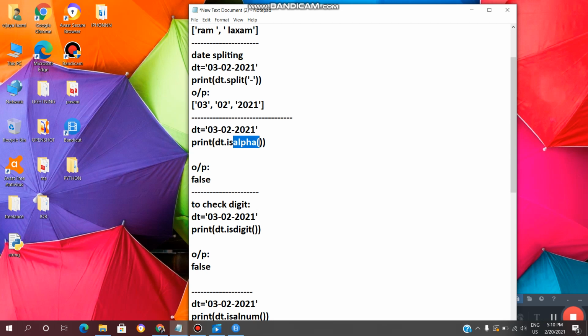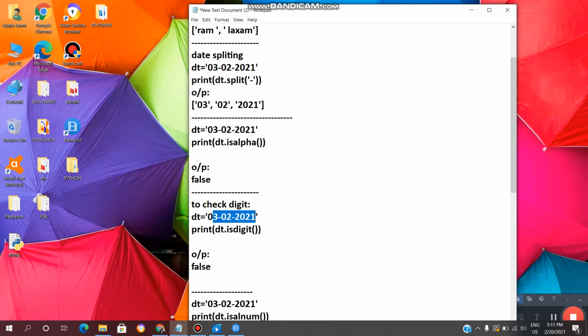This is one method. After that, to check isdigit, whether the given string has digits or not. So 03-02-2021: in this we have digits and we have hyphens. So isdigit, which is also a Boolean method, gives false.